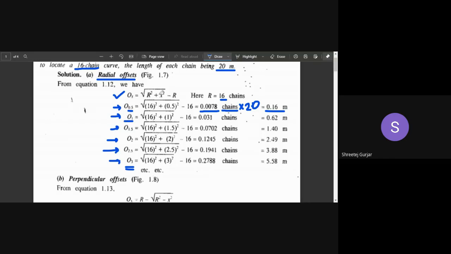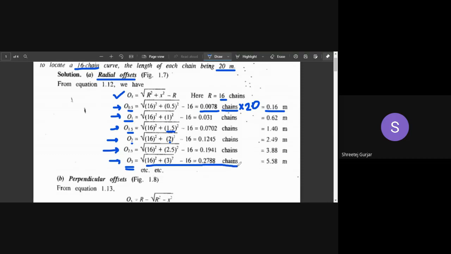Ox is equal to r square plus x square, right? So whatever x you substitute here will come over here. For 1.5, this x is 1.5. Next for 2, this is 2. The radius is not changing. You can see the radius is constant, 16 everywhere over here and also here. The only term that is changing here is the x term. The interval term keeps increasing, and we have calculated up to O3.